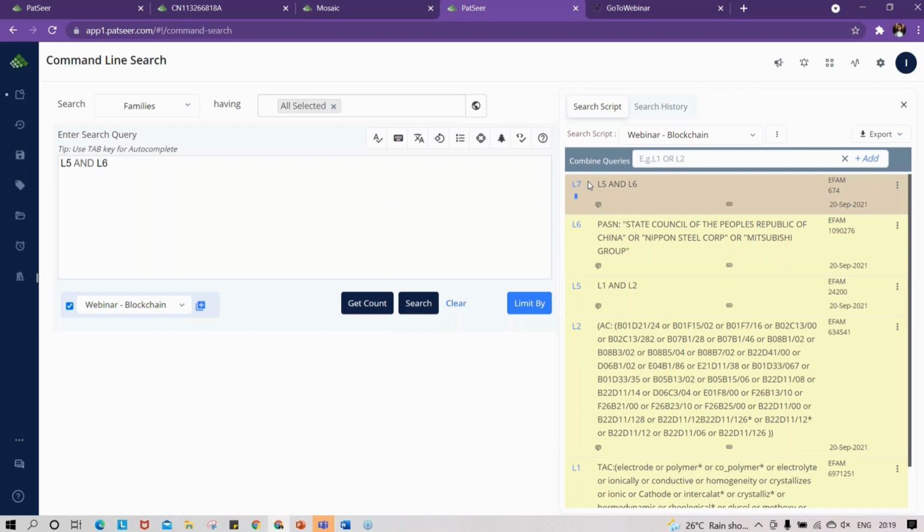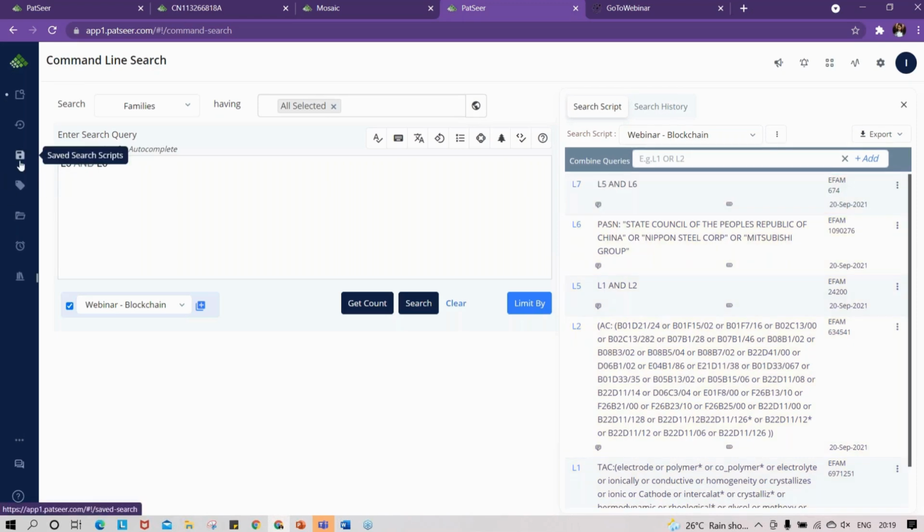So this is how you can actually break down your complex search query. One of the advantages of using this script is, say you want to again review the work that you have done maybe 3-4 months back. If you have broken down your query in such a manner, it becomes very easy to understand how the query formation has been done. So this is also one of the advantages of using the